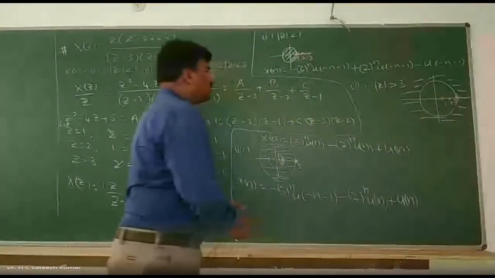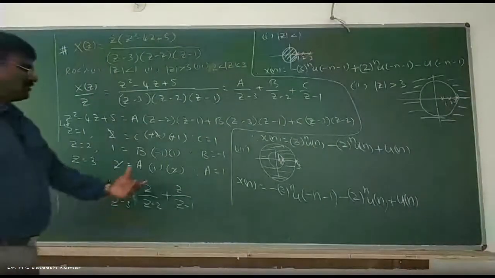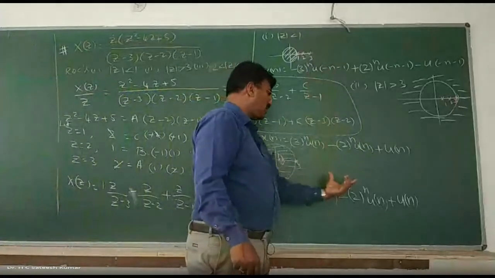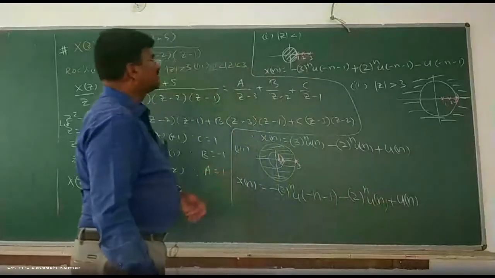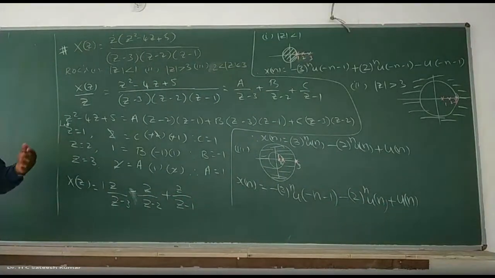Okay, what you should do for this one now? First one, this first part, you copy this one. What is that? This portion. And for the rest of the two, this portion you copy and paste it. So that's how we get it. So this is the answer for this problem. Generally they'll ask for 6 to 8 marks for this kind of question, right? So go for the next one.